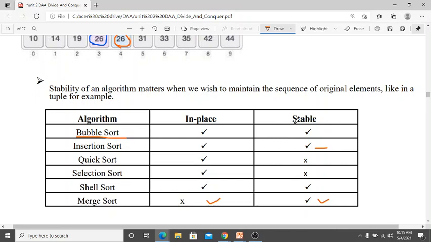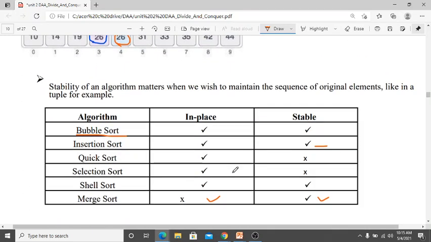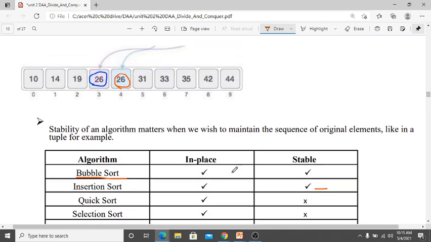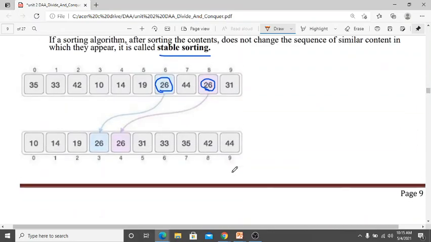These four are the stable algorithms, and quick sort and selection sort are unstable sorting algorithms. Okay, so this is about stable and unstable.